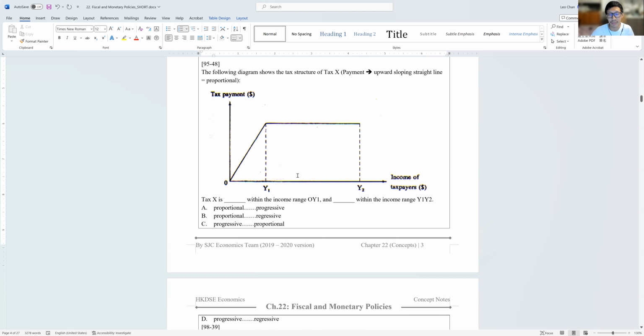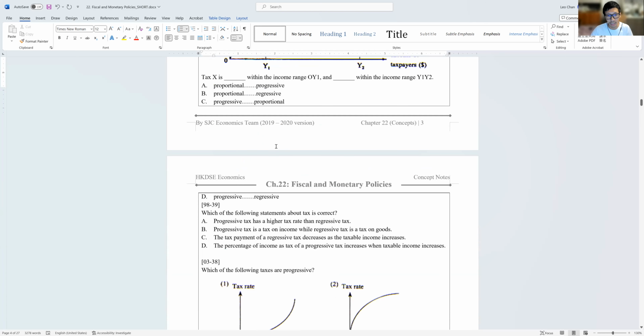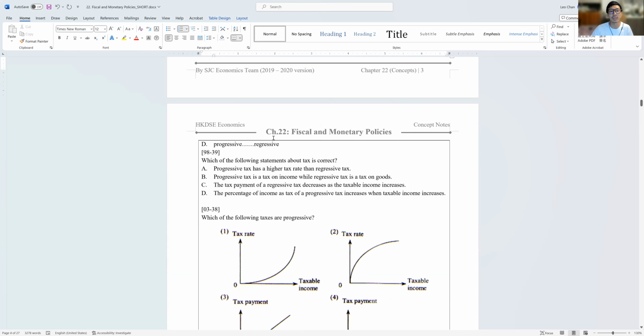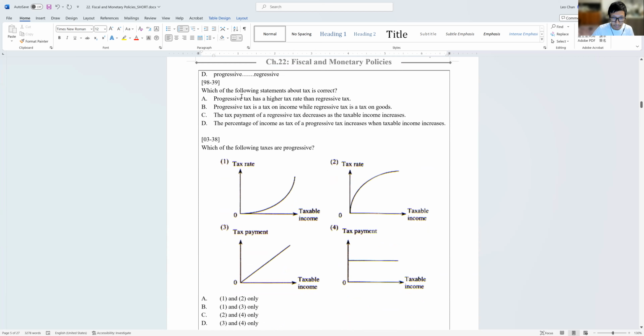放心。Okay, the more you do, as you do more, you will become more sensitive to these diagrams. Okay，唔使太擔心嘅，做得多你好快就知佢玩緊啲乜嘢㗎啦。OK，好嘛？嗱，which of the following statements about tax is correct？邊個啱或者邊個錯啊？好嘛？Let's see. Progressive tax has a higher tax rate than regressive tax. No，嗱記住啊，when we talk about progressive tax, we're talking about percentage of income. We are not concerned with which one is higher. 唔係邊個高啲，邊個低啲啊？There is no comparison. You can't compare progressive tax and regressive tax and say that one is higher, one is low.